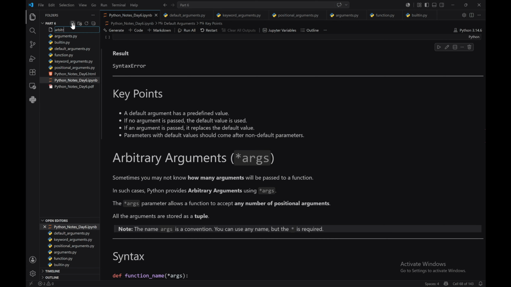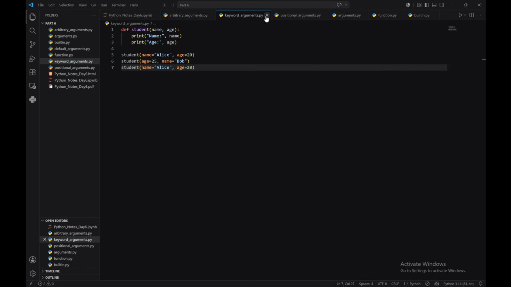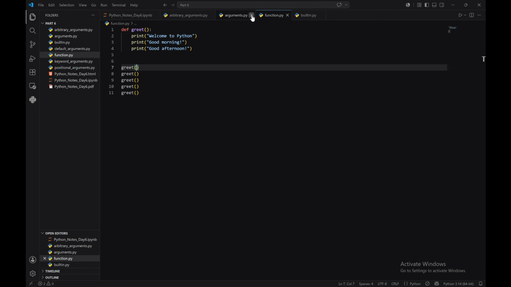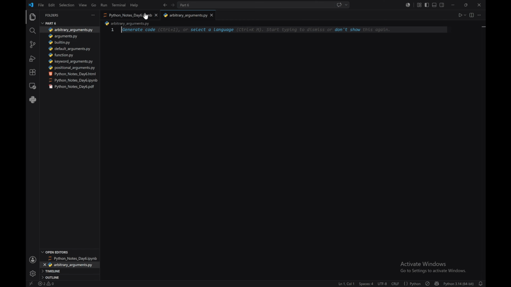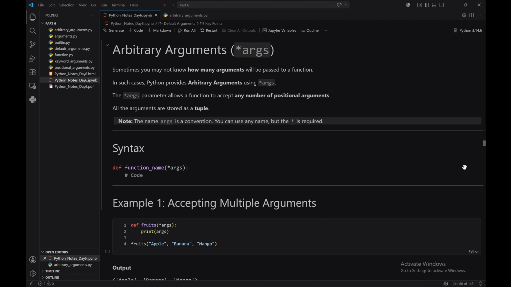Arbitrary arguments dot py. So let us understand what the arbitrary arguments are. Let me clear it first. Arbitrary arguments: sometimes you may not know how many arguments will be passed to the function. In that case, Python follows arbitrary arguments using *args,